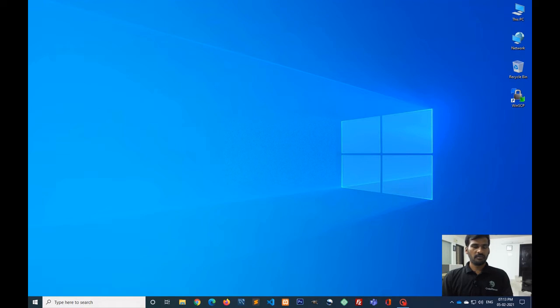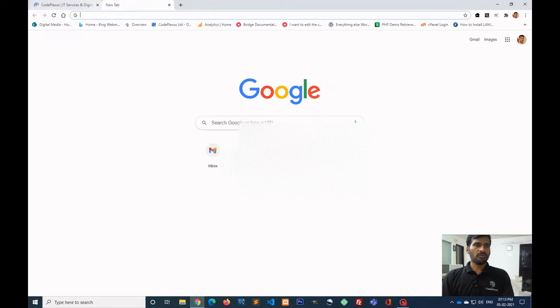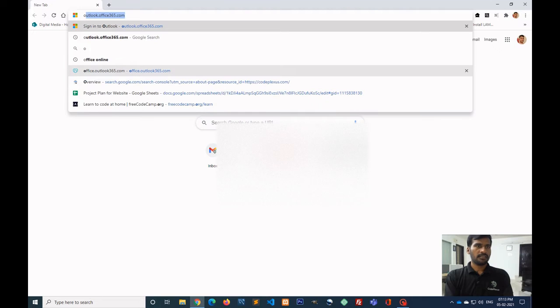This is Tirupati, working as a web developer in Codeplexes, and today I am going to show you how to use Outlook. Okay, open the Google Chrome browser and type